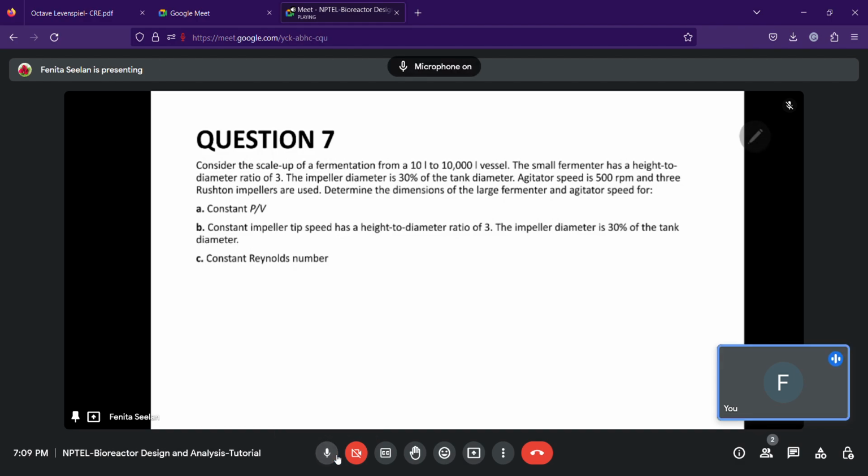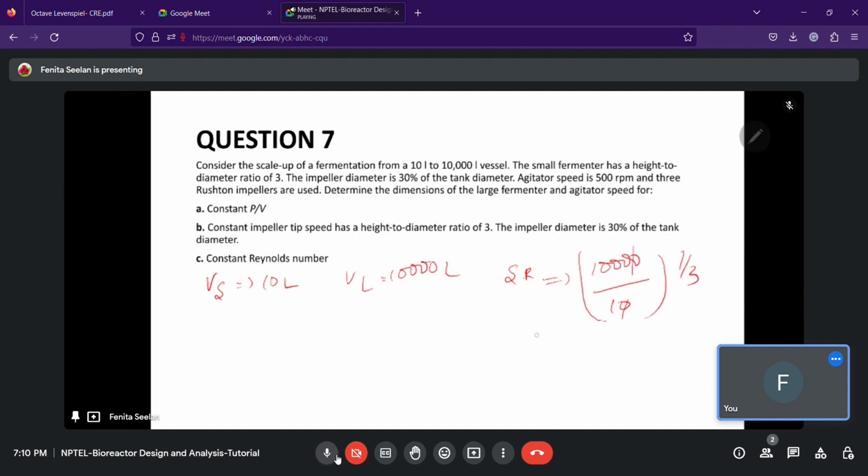So you start by writing down the given values. Your small scale fermentation uses a small reactor volume of 10 liter and the large scale reactor is 10,000 liter. What would be the scale up ratio? This is 10,000 divided by 10. You do this, so your scale up ratio